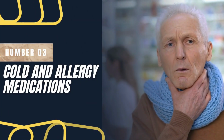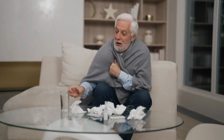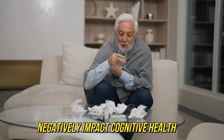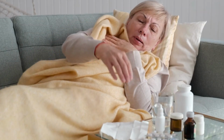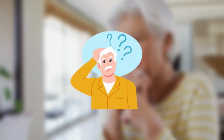Number 3. Cold and allergy medications. Many cold and allergy medications contain anticholinergic ingredients that can negatively impact cognitive health. Decongestants like pseudoephedrine and phenylephrine are often combined with antihistamines such as diphenhydramine or chlorpheniramine in multi-symptom relief products. While effective in alleviating symptoms of colds and allergies, these combinations can pose a risk to memory and cognitive function,